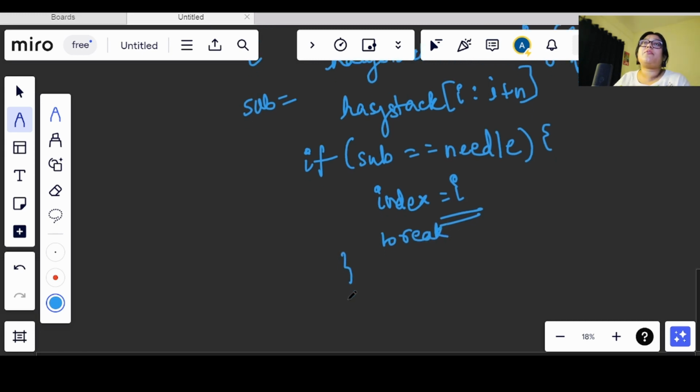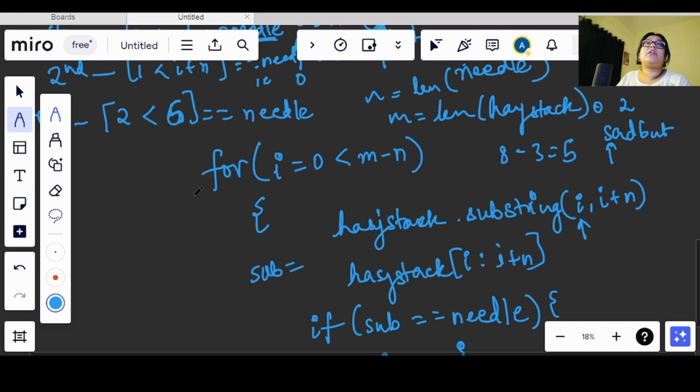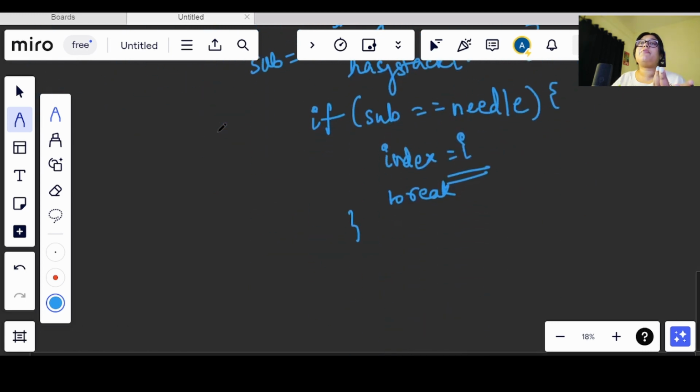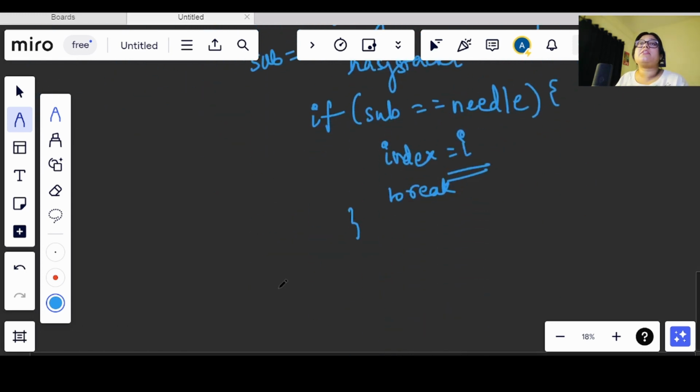But if we don't find, since we have already declared index with -1, right, we saw that we have to initialize index with -1. So if we don't get any matches, we will simply return the index and we will get -1. Okay, so now let's move on to the code editor and we will see how the code works.